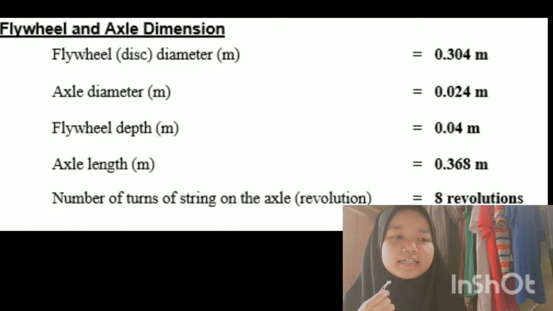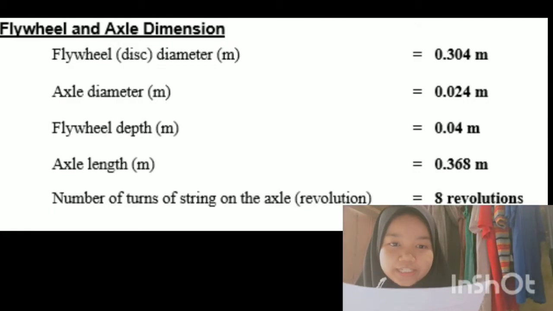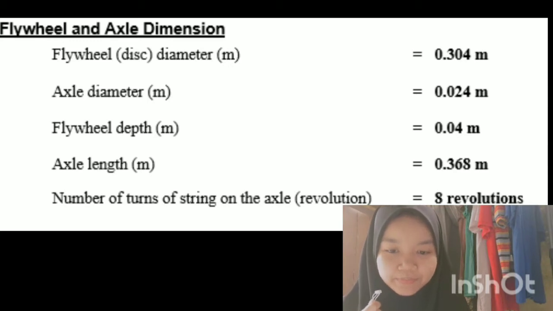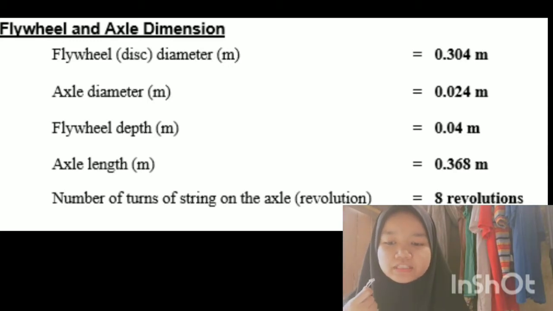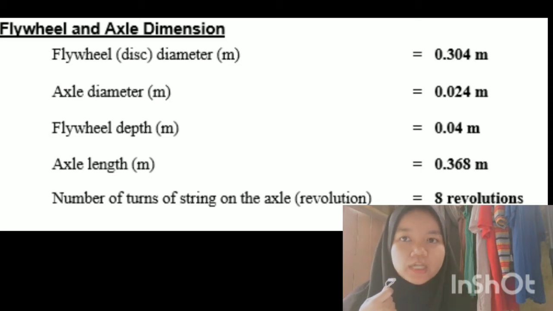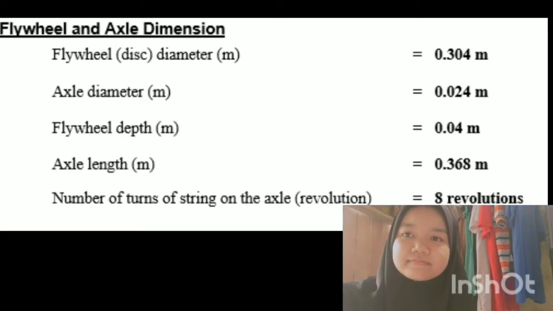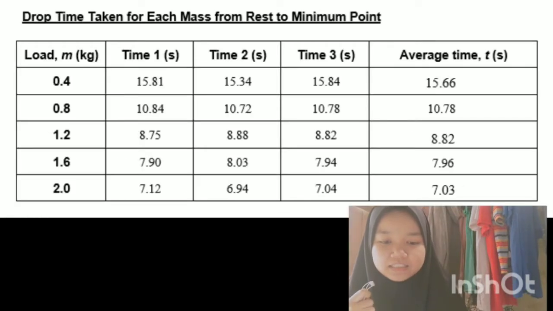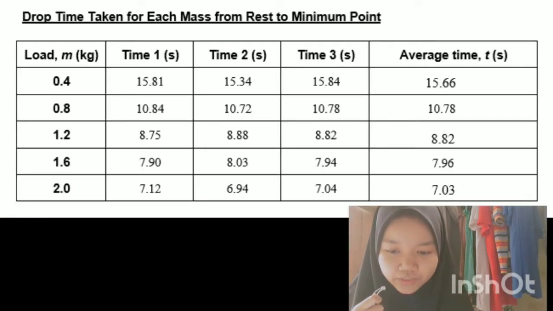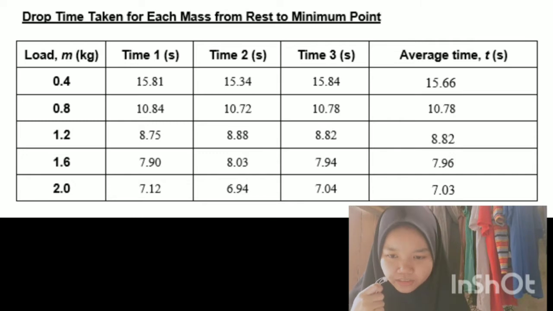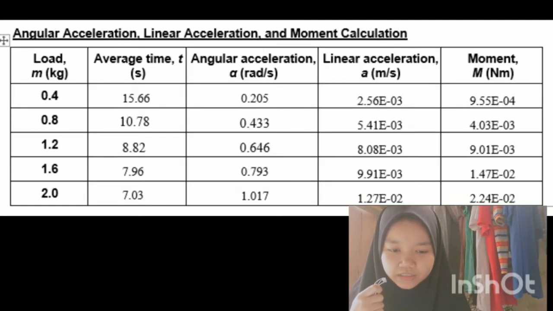These are the dimensions that we get from the experiment for axle and flywheel. Also, they are the number of turns of string on the axle. The drop time taken for each mass from rest to minimum point. And the second table is